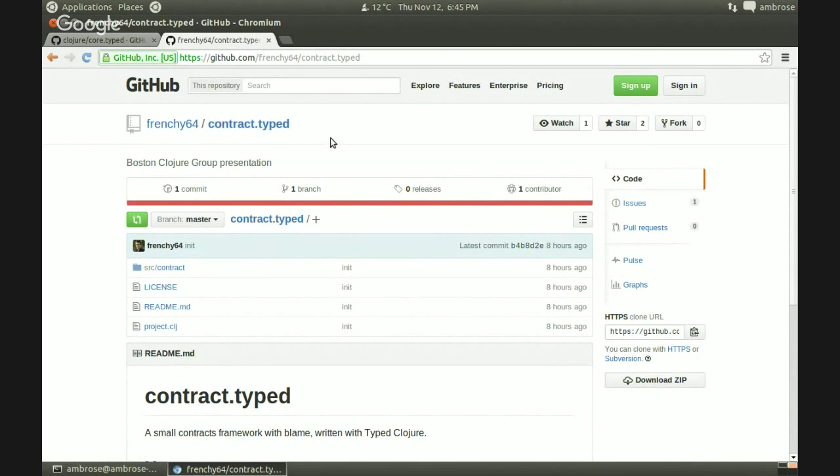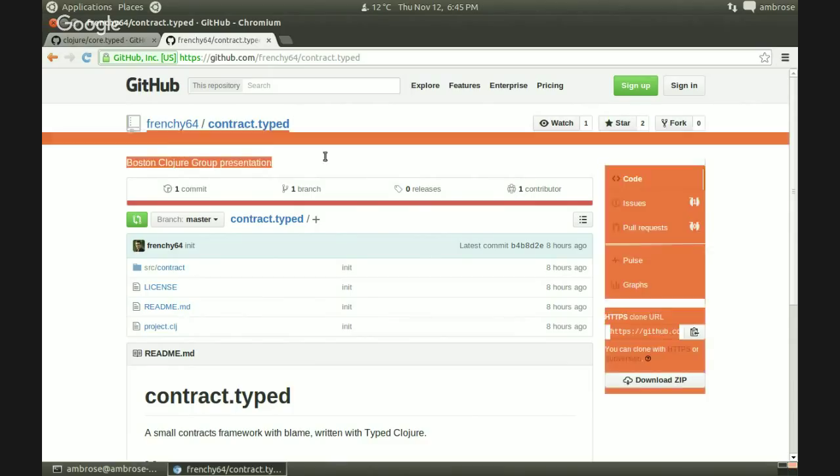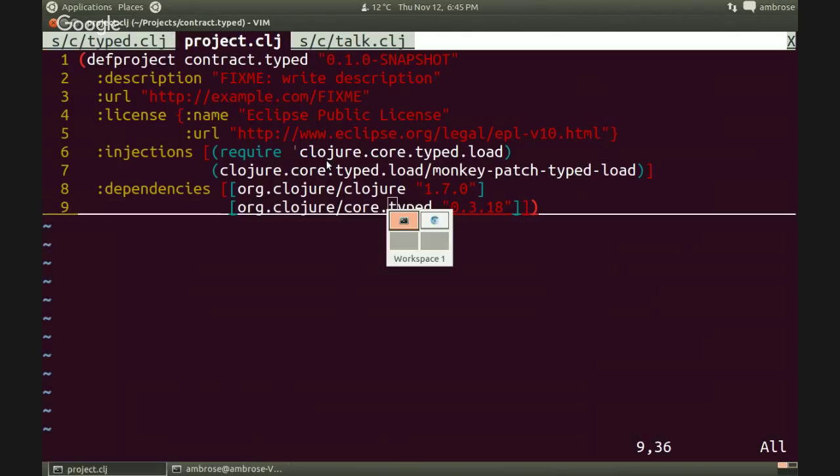If you clone that, you can follow along, or you can read it later. What we're going to do is build what is in this library from scratch. But again, step 0. We've pasted in our dependency string in